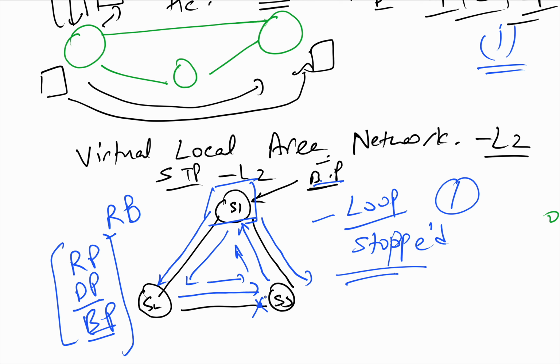I'll also create a dedicated video on this, but for you to understand, spanning tree protocol is basically a layer 2 protocol that prevents loops in network topology with redundant paths. Loops can cause broadcast storms, MAC address instability, and ultimately network failure. So what we do is block a certain port using spanning tree protocol, and it helps us prevent loops. There are also things like RSTP, which is much faster compared to STP.